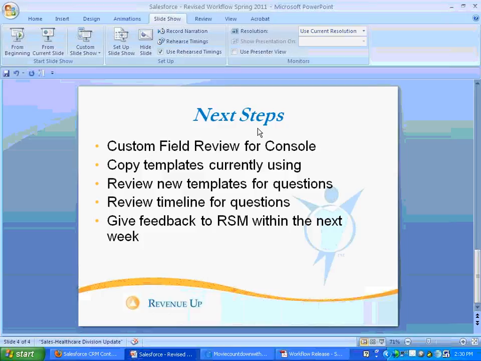Take a look at the copy of the templates. We just spoke about that, and review the new templates for any questions that you might have. Remember, the new templates will not only be on Movie Monday, but they'll also be in the Workspaces area in a folder called Workflow. Review the timeline for any questions and give your feedback to the RSMs within the next week. So next week we can highlight, go over the questions, roll it out, and then the following week we'll go over